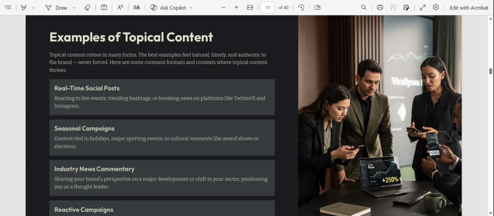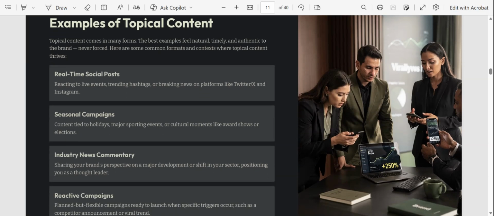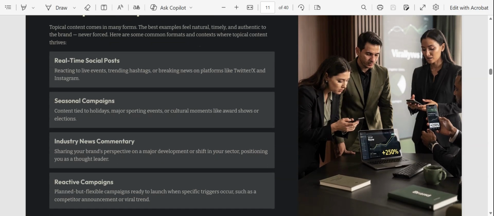Topical content comes in many forms. The best examples feel natural, timely, and authentic to the brand. Never forced. Here are some common formats and contexts where topical content thrives. One, real-time social posts. Two, seasonal campaigns. Three, industry news commentary. Then reactive campaigns, as I talked about, the young man that proposed to his girlfriend in a hotel, in a